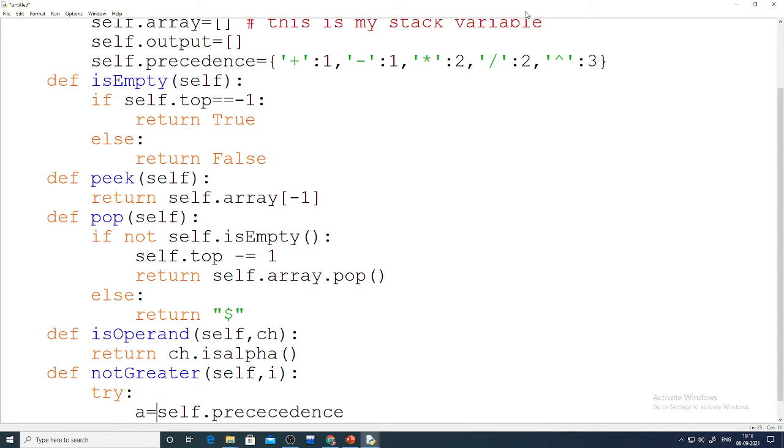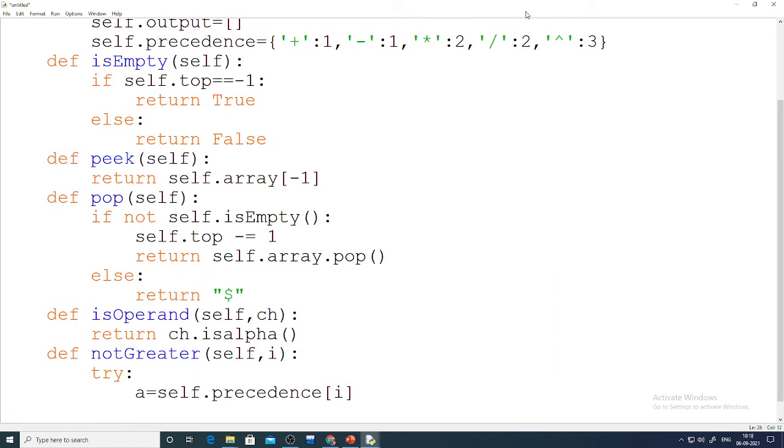And here, now based on this precedency of my incoming operator, that is I. So I should know both incoming as well as top of the stack's precedence. So how will I know the top element of the stack? I wrote there is a method called peek. So the peek method will give you the top element of the stack. For that element's precedency again I have to find. So I will store it in B. So B equal to